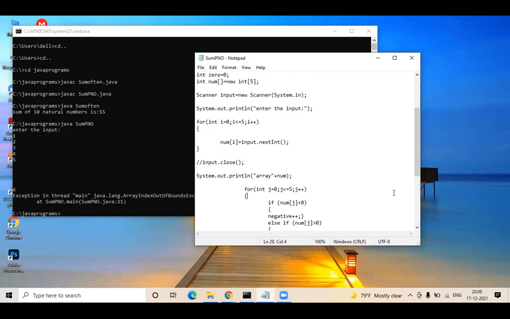The thing is, in your for loop, the 5 is just a length count, right? You're just taking 5 as your length count, and the user is entering the input, but the entering of input is not happening within the loop; it is happening outside. Whenever the user enters the input, you're consuming it and keeping it in number of i. In your case, the i count will happen 5 times, like 0, 1, 2, 3, 4. And when the 5 comes, it should accept. In the next case, when you try to give more, it becomes an exception because your condition is less than or equal to 5. So it can't accept more than 5 in the array. So 0 to 5 is only acceptable.